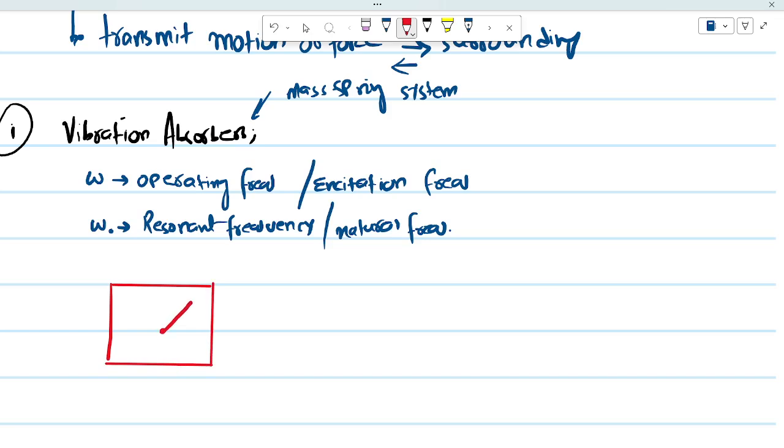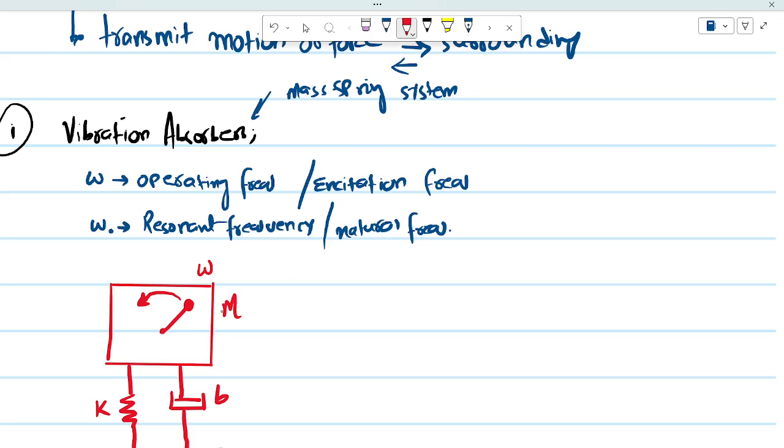In that system there's an unbalanced mass, and that is rotating at a certain frequency, let's say that is omega, and that system is placed on a foundation which has some stiffness and some damping. Let's call it K and let's call it B. This is a mass M. I'm calling this whole system M, and it is rotating at a frequency omega, like we saw in the